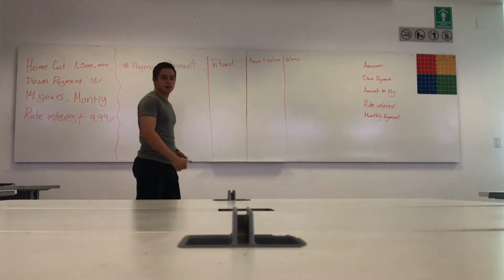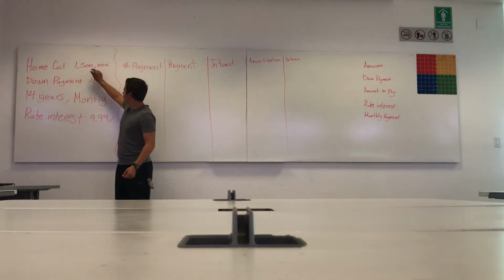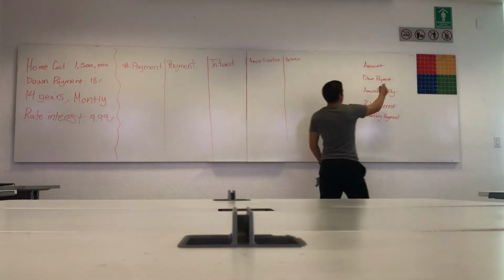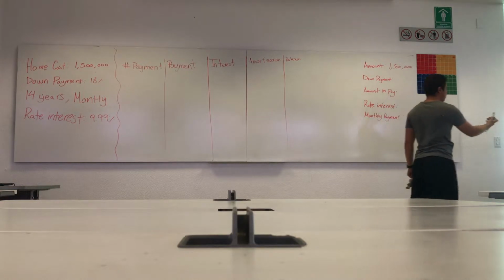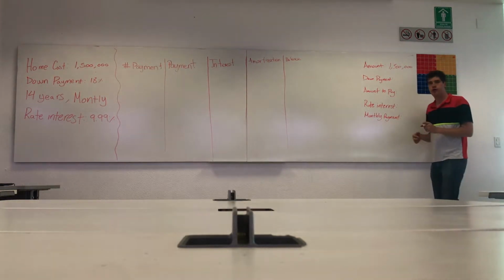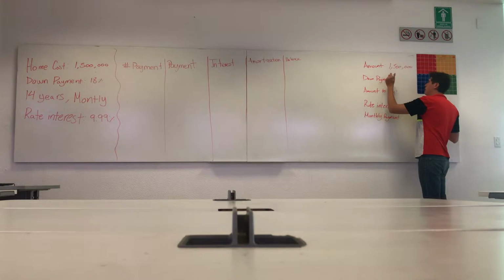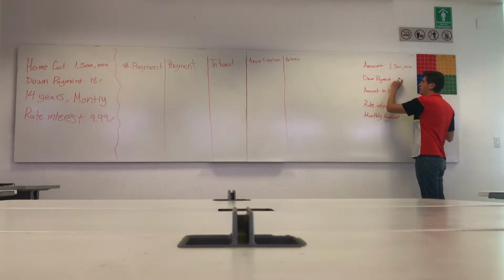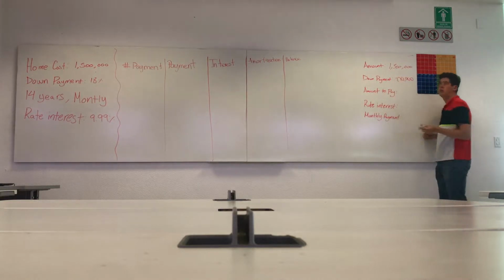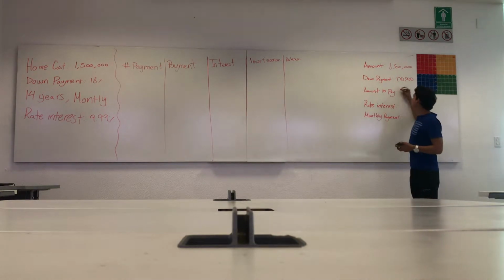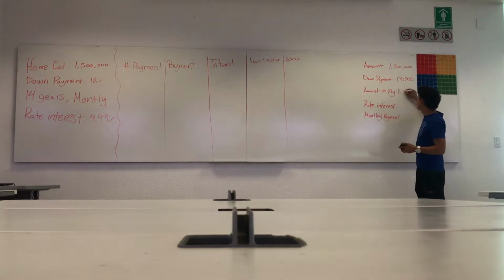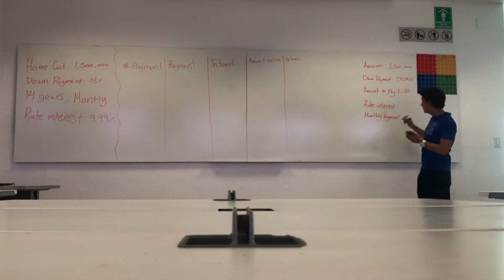The total amount in this case will be this one, the home cost. The down payment is what you have already paid. In this case, it would be the amount multiplied by the down payment rate. And the amount to pay is the amount less the down payment. So in this case, the answer is